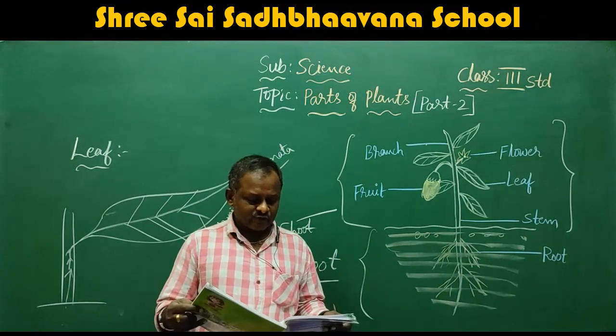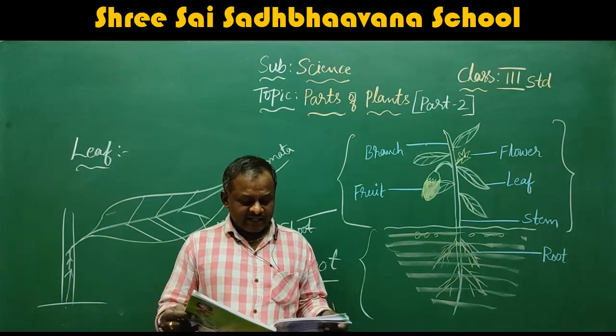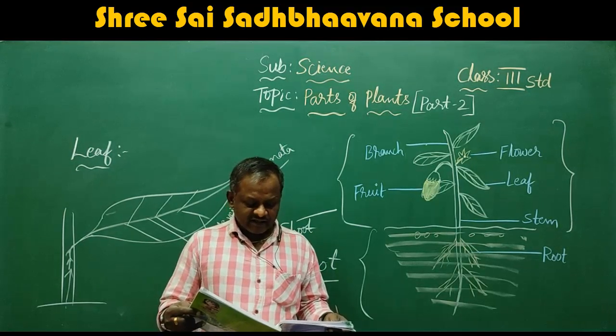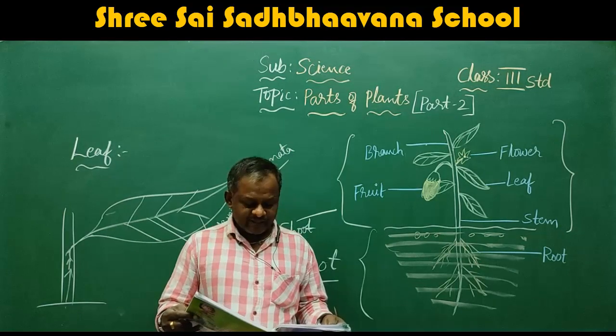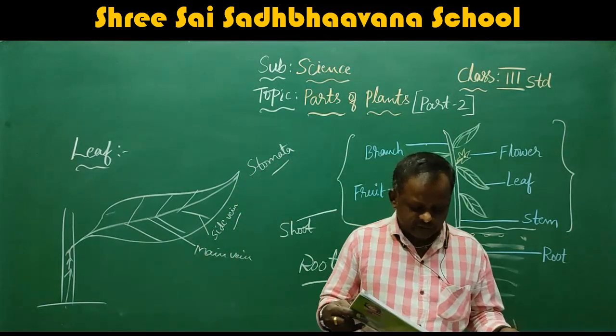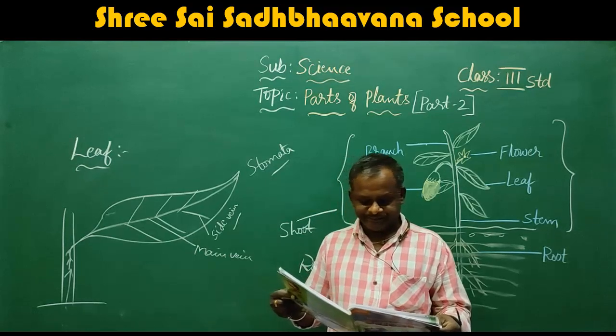Here they have given some fact scope. I am reading that also. The plants of the rose family give us, apart from flowers, apples, pears, almonds, cherries, apricots, and peaches.